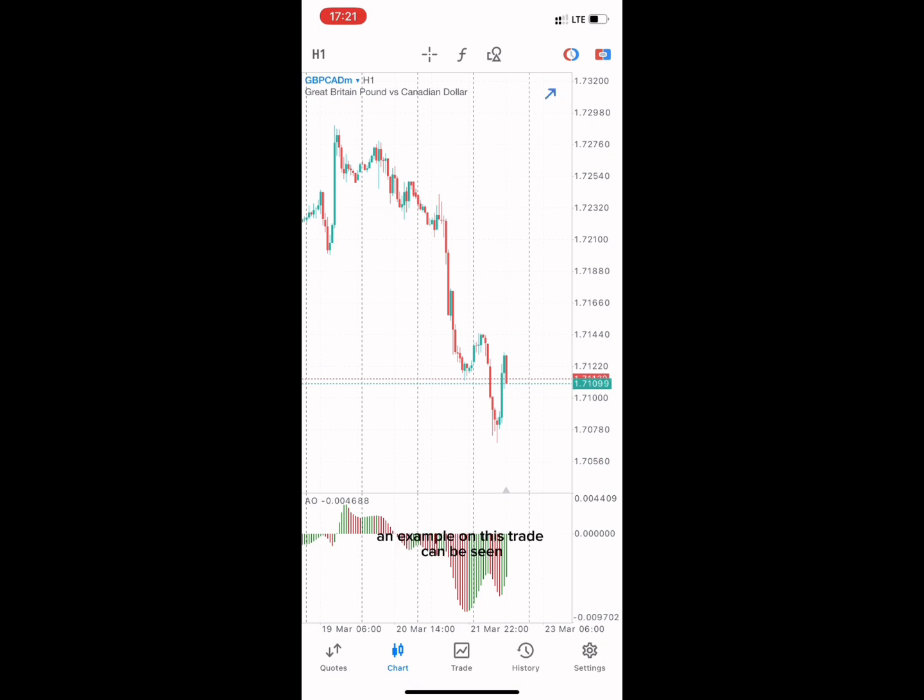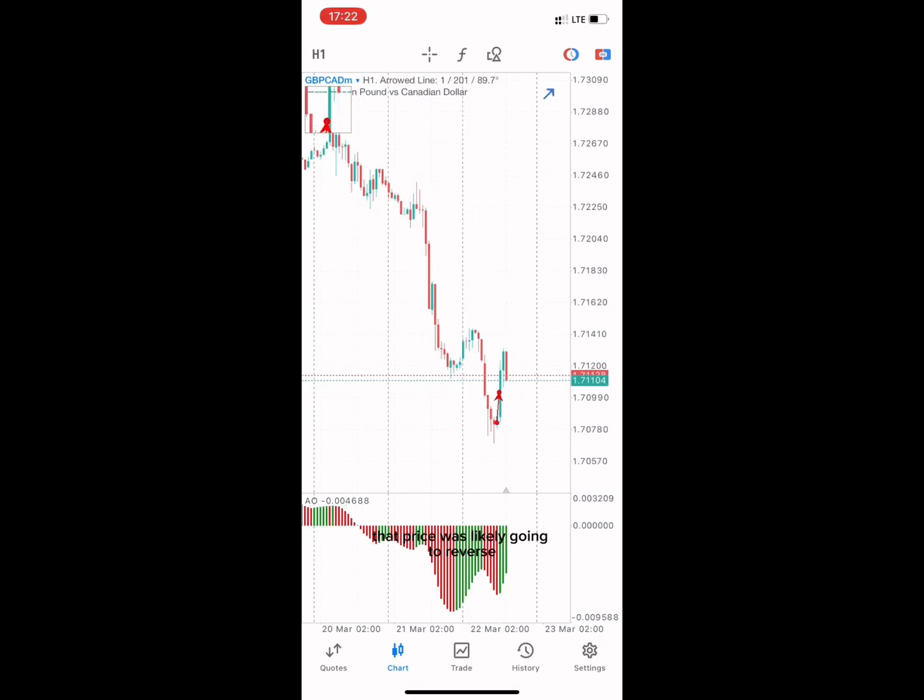An example of this trade can be seen where price was trading lower. You can see price was making lower lows and lower highs, and after price created the last lower low, it could be seen on the awesome oscillator that price had created a higher low. This indicated to me that price was likely going to reverse and trade higher. I could also see that price had created a bullish impulse and a demand zone from which I was expecting